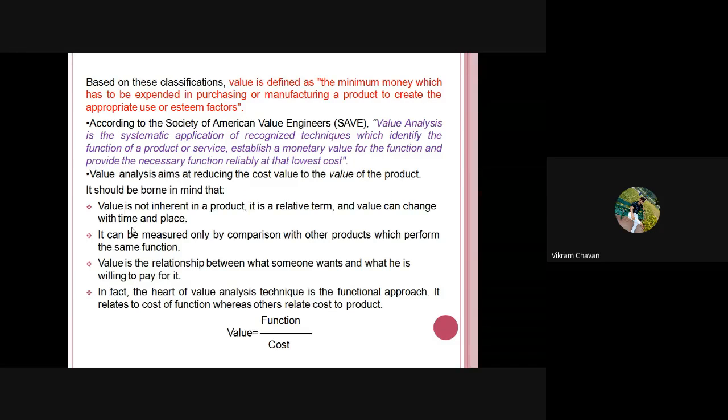Next line. It should be borne in mind that